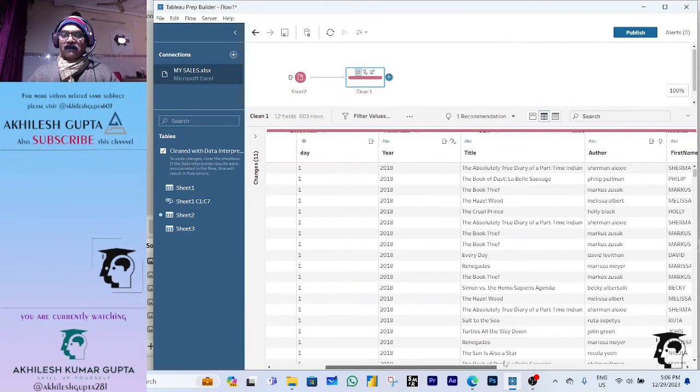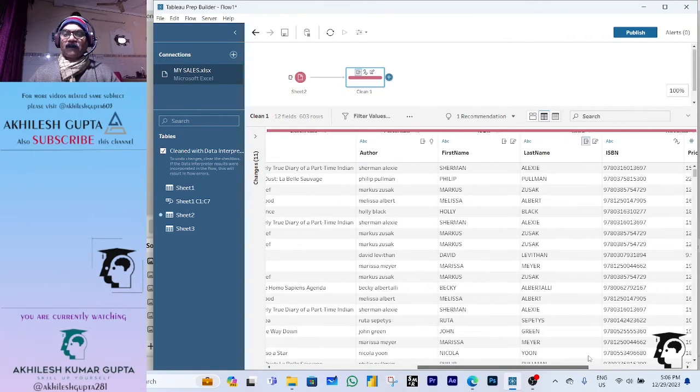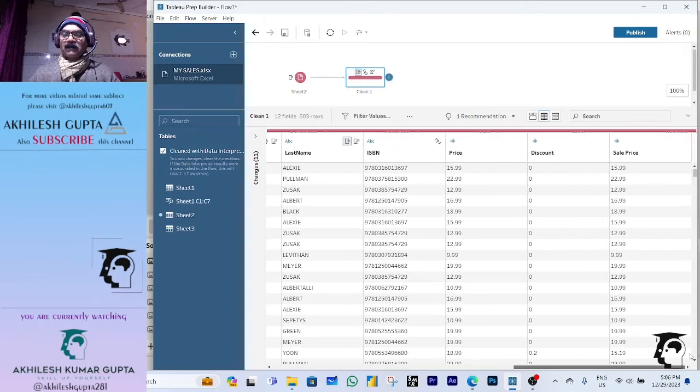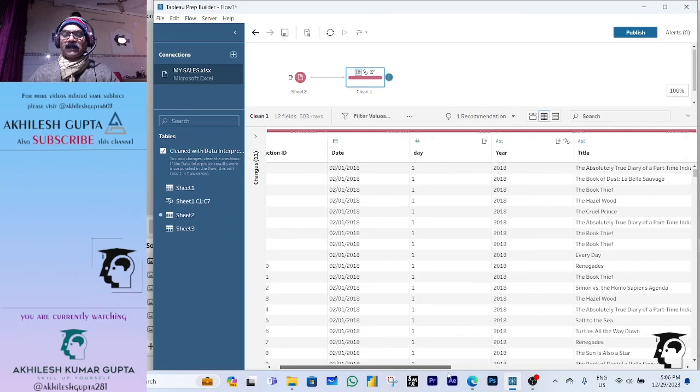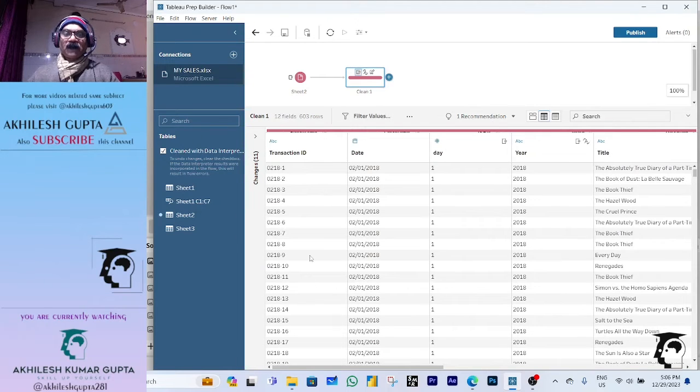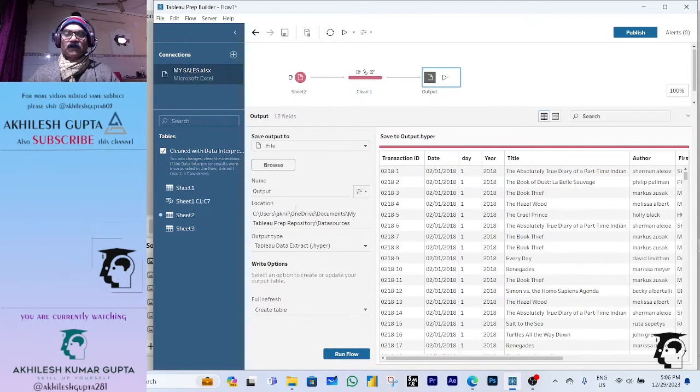Now I am through with this kind of operation. You can decide what kind of data needs to be cleaned in order to transform it, and what kind of operation you require to make this data meaningful. And if you want this to be exported, then you can opt for your output option,